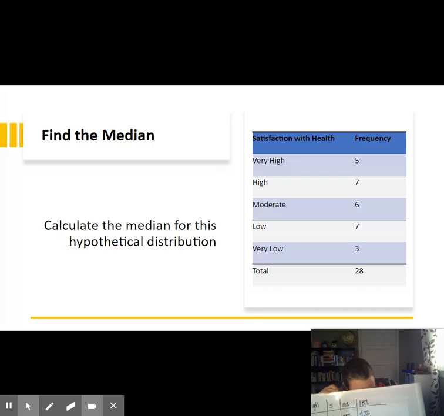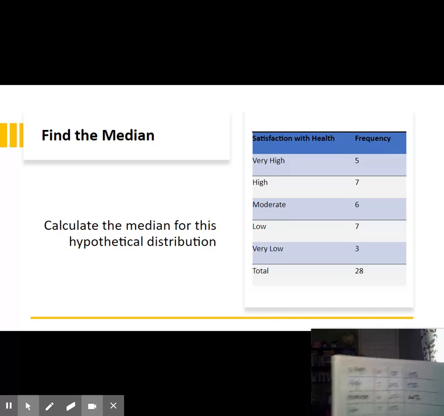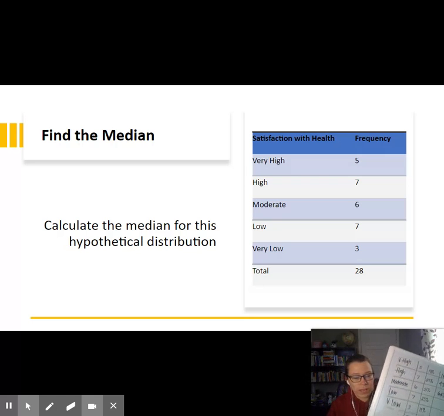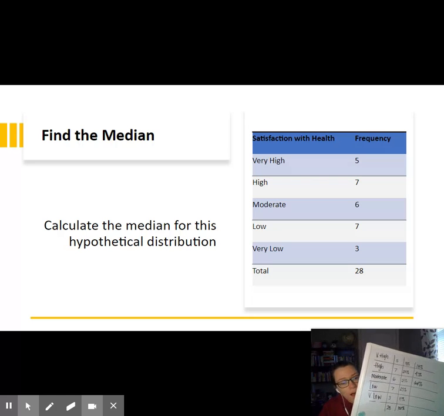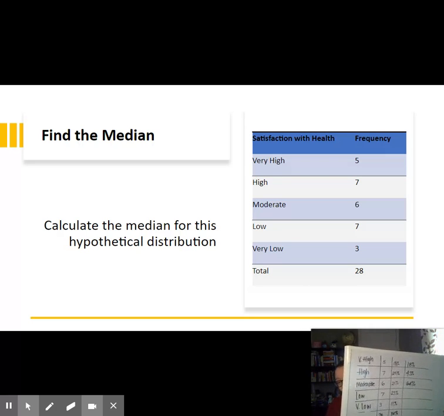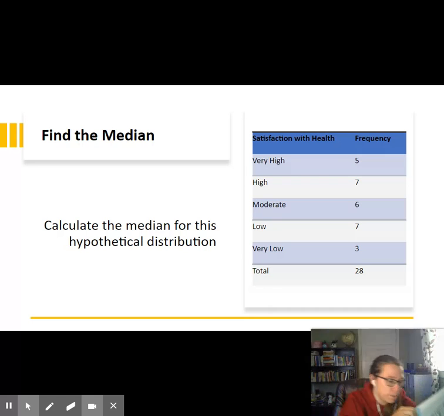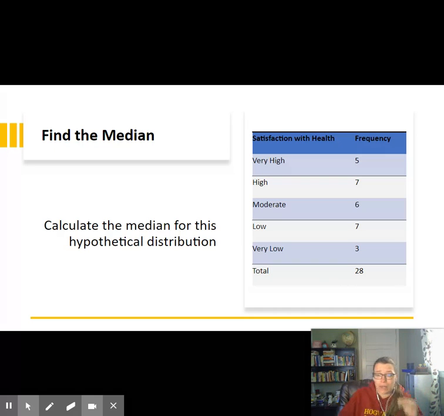So we are looking for where the 50% falls. That tells us that the middle value is within that category. So we are seeing here, when we add in our third value, that we've crossed that 50% threshold at the moderate category. That tells us that the complete halfway mark of our sample falls within that moderate category. So cumulative percent is really handy for trying to find the median,